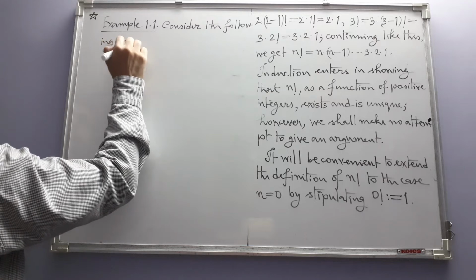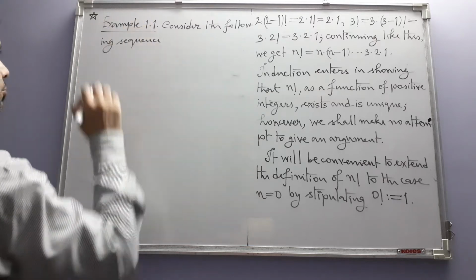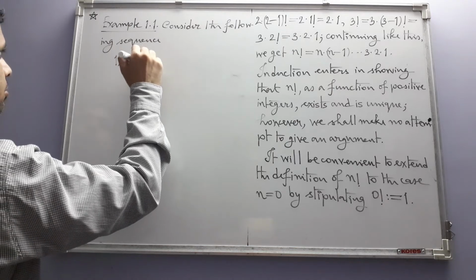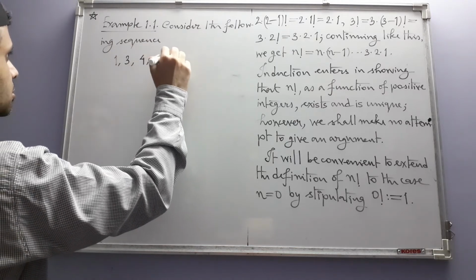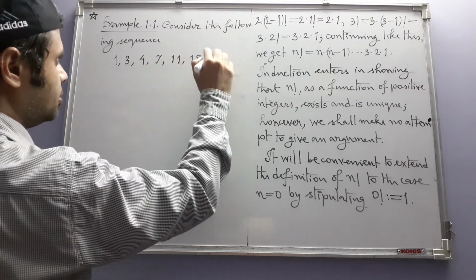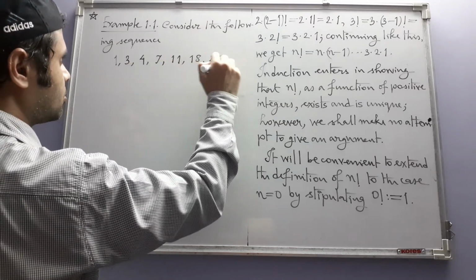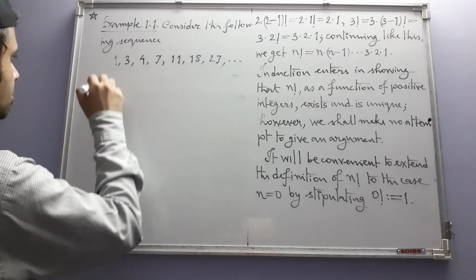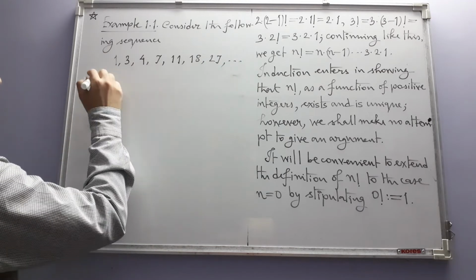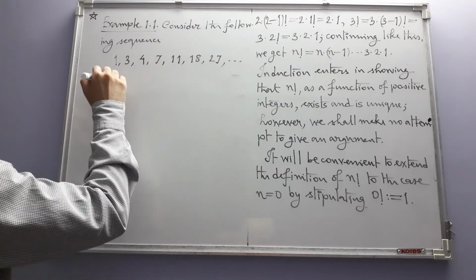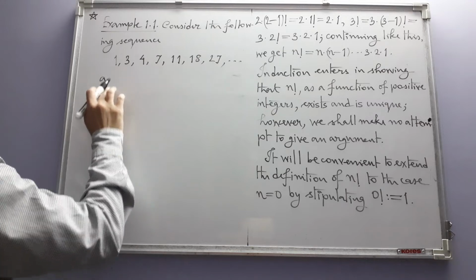Consider the following sequence: 1, 3, 4, 7, 11, 18, 27, etc. And this sequence, if you define it using induction, looks like this: